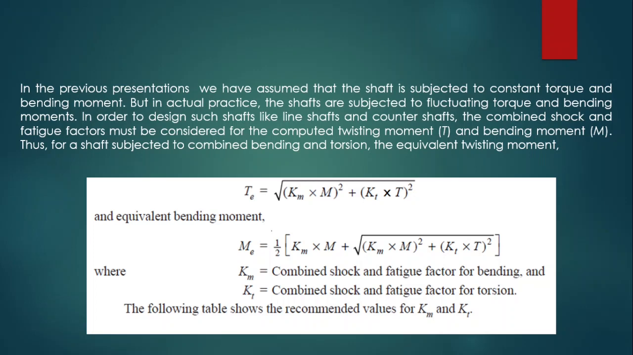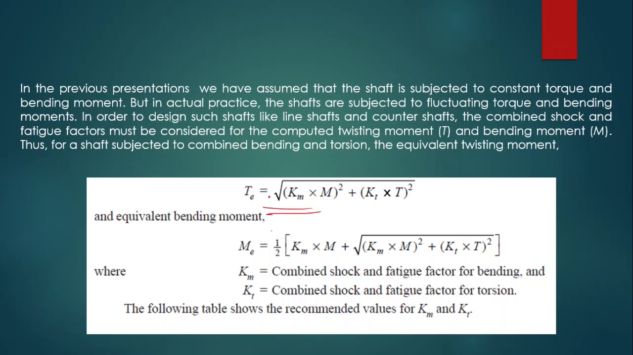In order to design such shafts, the combined shock and fatigue factors must be considered for the computation of twisting moment and bending moment. Thus, for a shaft subjected to combined bending and torsion, the equivalent twisting moment TE is given in